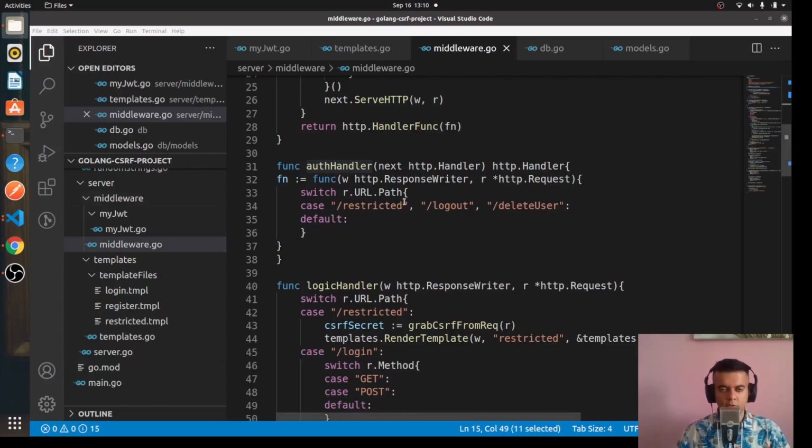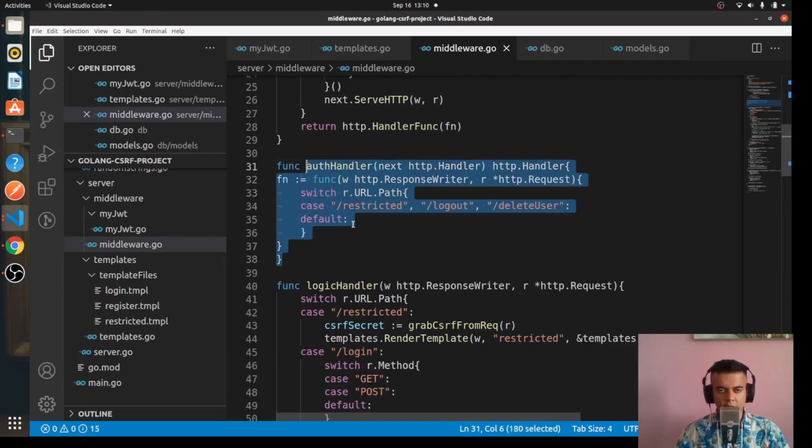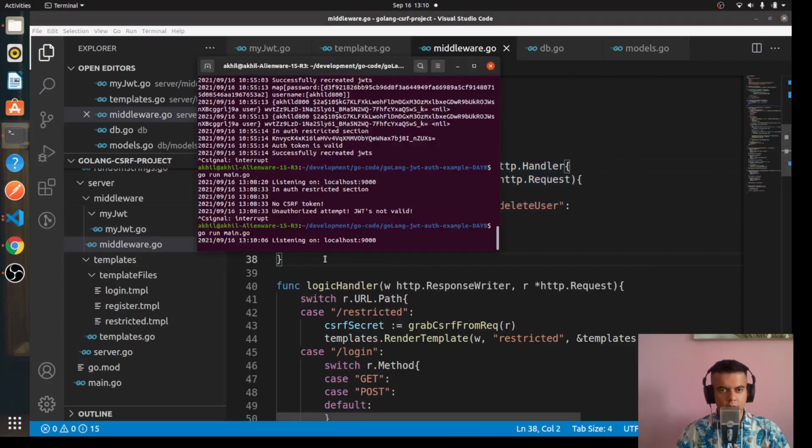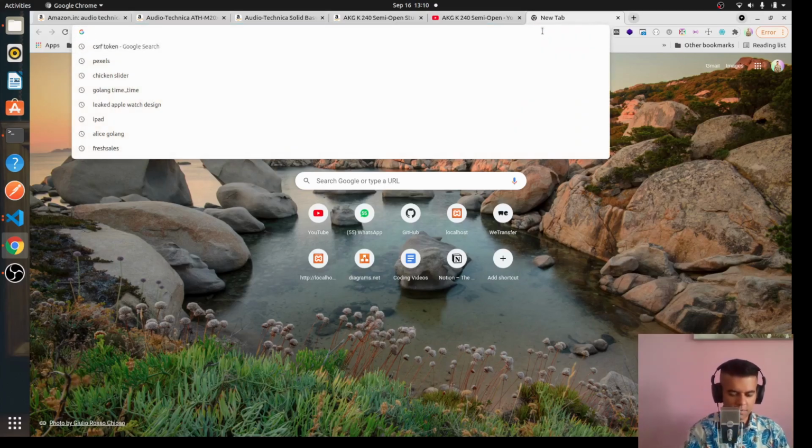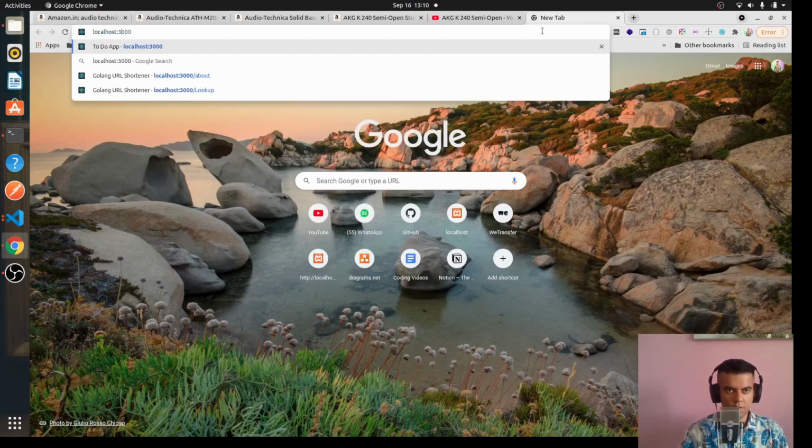So I wanted to show you something which will be very handy when we work with our auth handler. I've started my server now. Not for this project, but for the project that I've already created. This one I'm obviously building with you, so it's not complete. But for the project that I've already built, I've started that server, and now let me show you something. So I'm on localhost 9000,